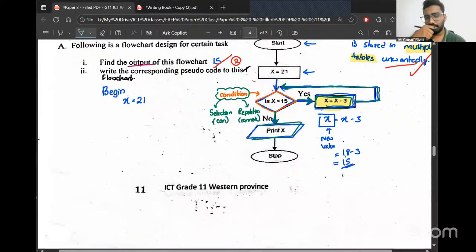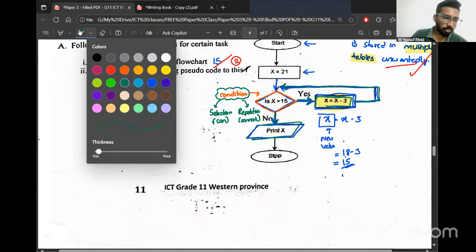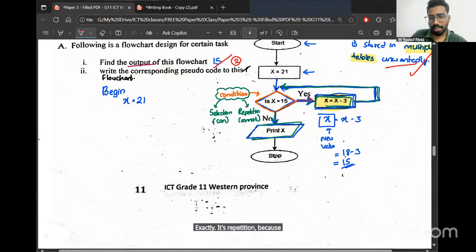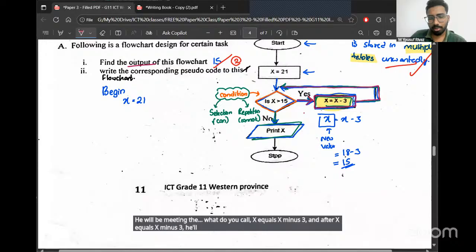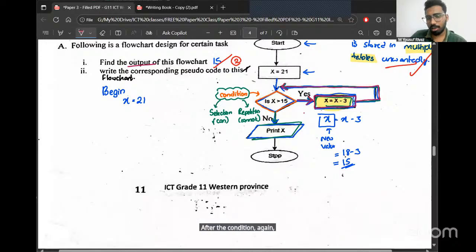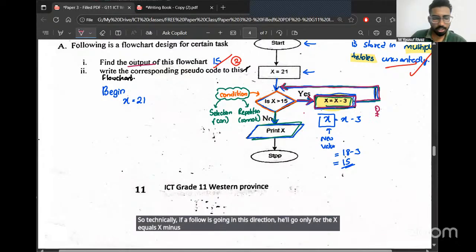Exactly, it's repetition. If a fellow follows the yes direction, he will meet x equals x minus 3, and after that he'll again come to the condition, and again go for x equals x minus 3. So he will go only for the x equals x minus 3 instruction, rotating like that and waiting.